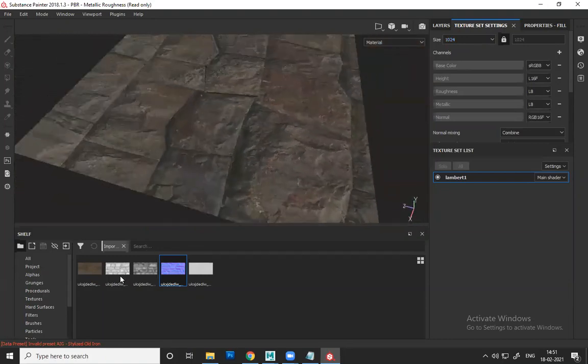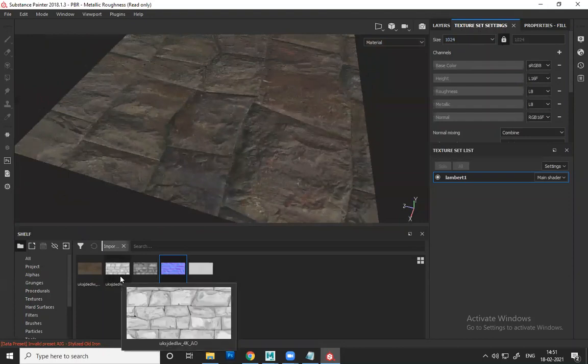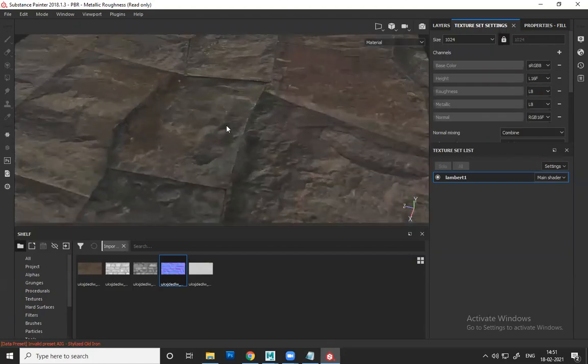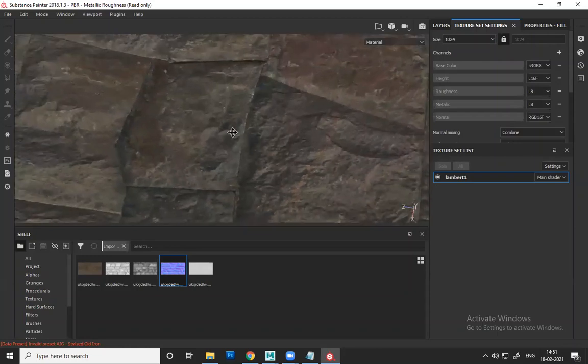But one map is remaining, and you'll ask me, where will this map go? AO. What are AO maps? AO maps are nothing but contact shadows. Okay, in the real world, we see contact shadows. There are shadows appearing from the light, as well as the shadows that come from contact. Okay, so what I'll do is